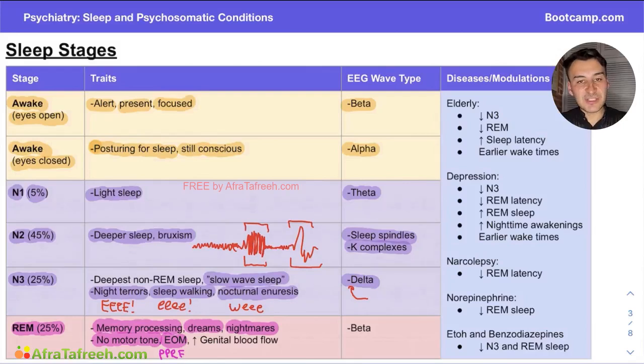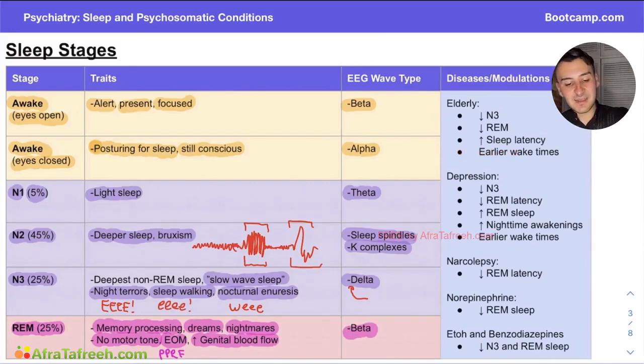Lastly, we have increased genital flow during our REM sleep, and this is the last stage of sleep before people tend to wake up from their slumber or their cycle, and this is why a lot of men will have erections when they wake up from REM sleep, because they have increased blood flow to their genitals during this stage. Lastly, we'll talk about the sleep wave here, which is beta,